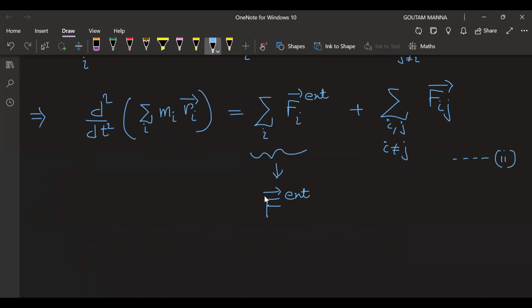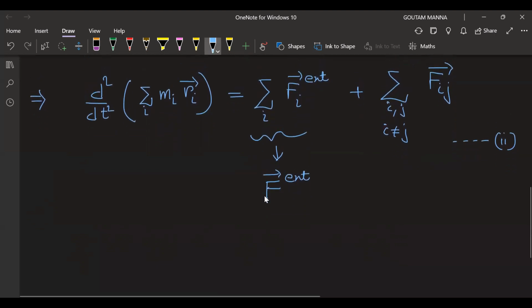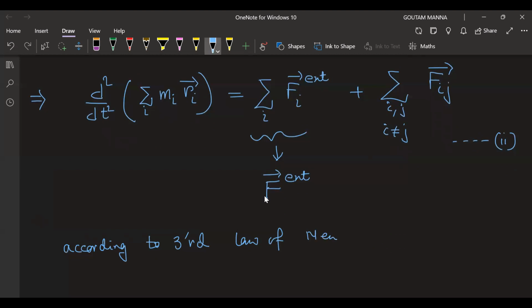And what about this second term? For the second term, we will apply the third law of Newton. According to Newton's third law of motion,